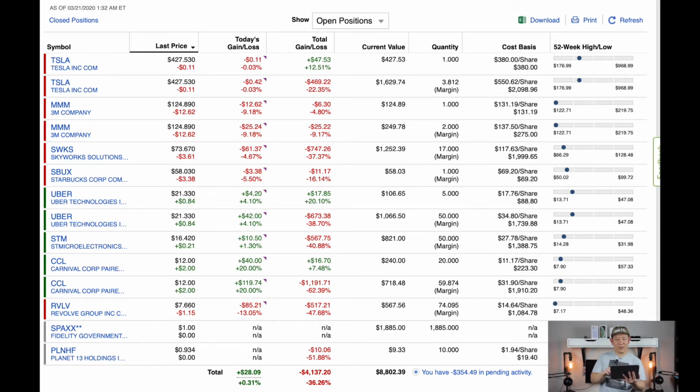So yeah, my portfolio right now is looking really red. The biggest loss currently is Carnival at 62%, 62.39% down on that one. And so that is a quick rundown of all my stocks in the public portfolio. So my cost basis